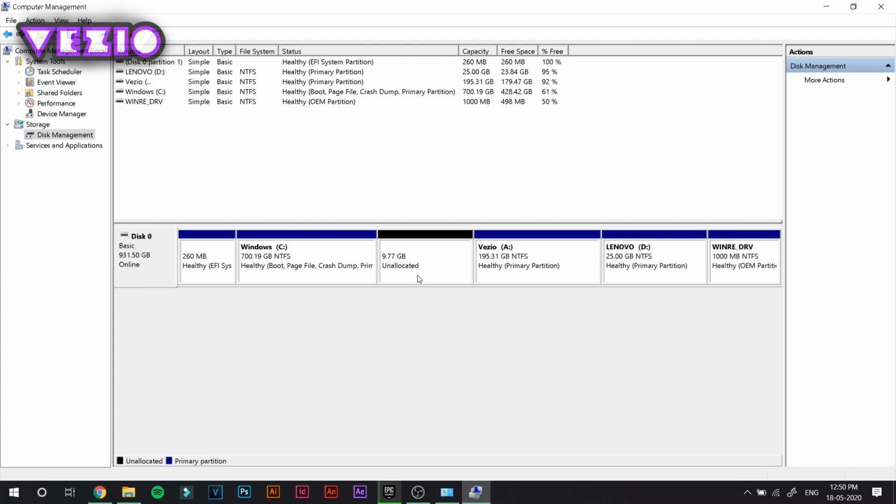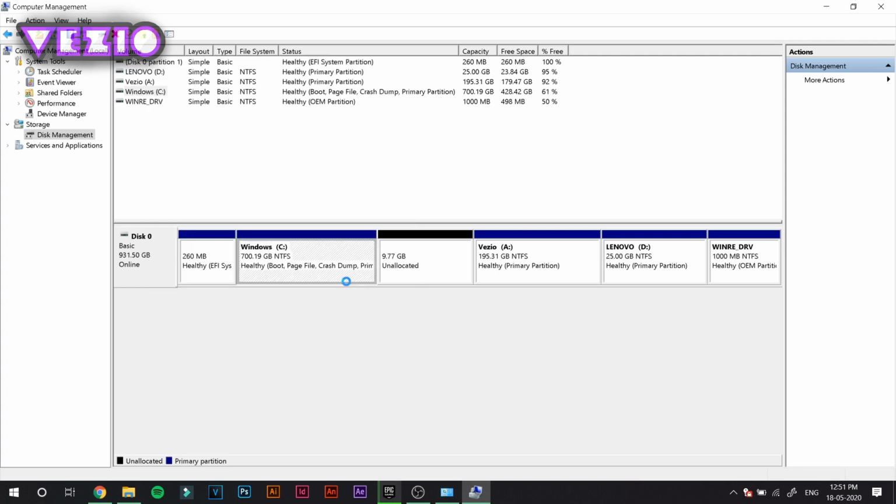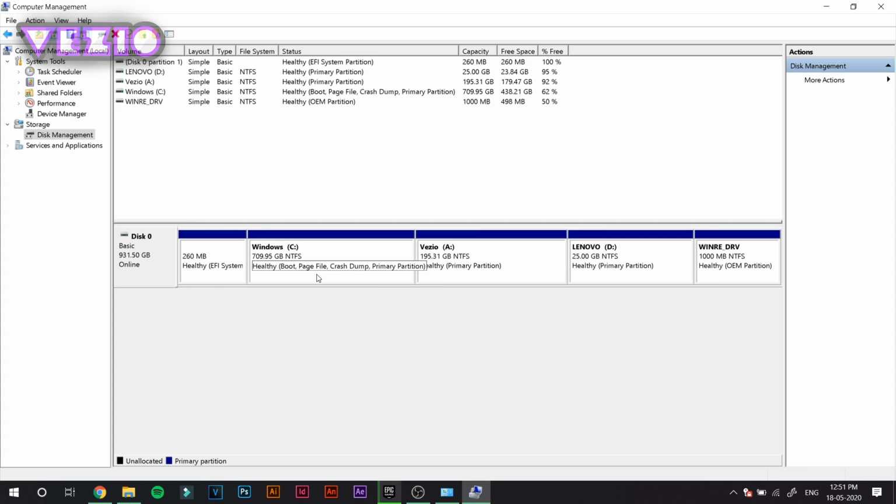As you can see, it turned to unallocated once again. Now in order to allocate this 9 GB to somewhere else, I'll just be allocating it to Windows C, from which I shrank the volume. In order to do that, click on Windows C, click on extend volume, next, and as you can see, it will show you the disk selected, which is unallocated. Once that disk is selected, just click on finish, wait for it to process, and as you can see, it is restored in the Windows C disk drive.